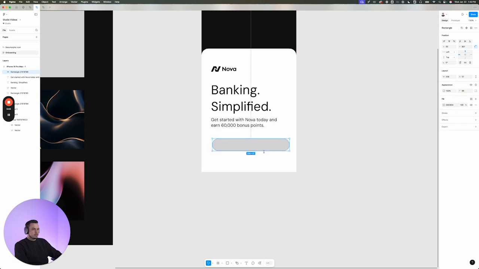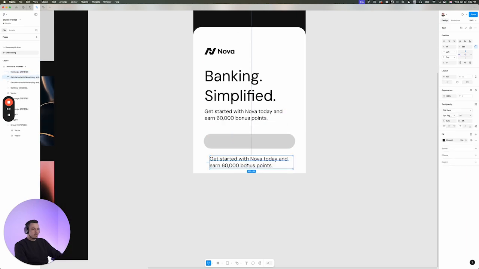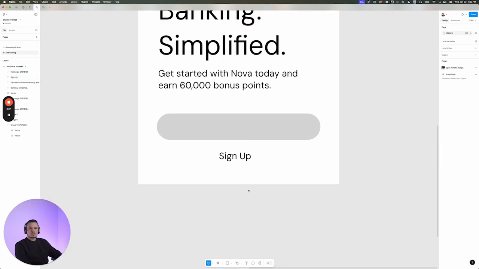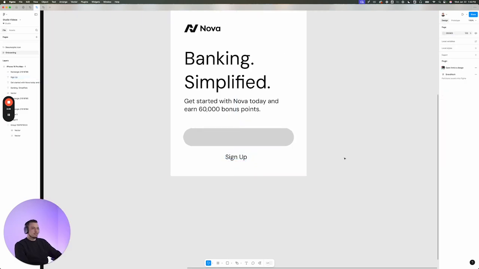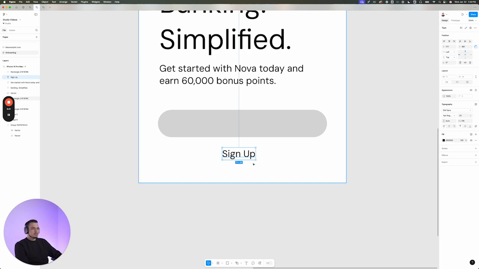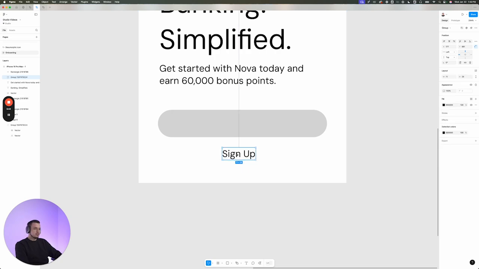Let's add this button here with some radius. And for the button, let's change it to sign up. I'll show you how to set this up with auto layout just so that it's easier to control this button moving forward. So once you have your text typed in, you just Control or Command G, make a group, and then you click this little button, use auto layout. And now this is an auto layout